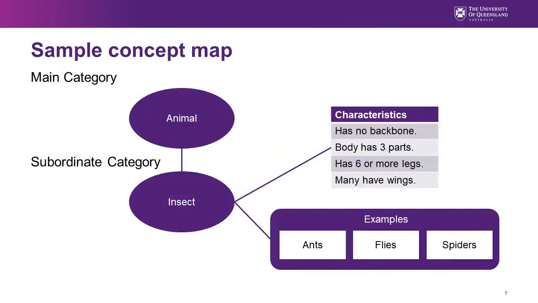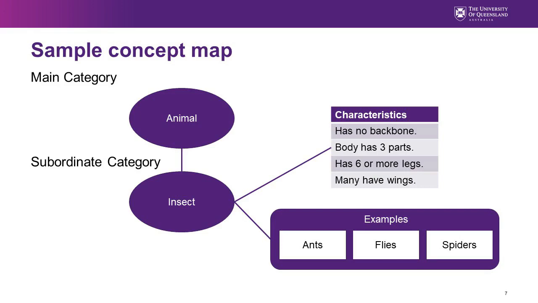Let me now visualize what I have just described about knowing a word in the following figure. In this figure, or we can call it a concept map, let's say you know the word animal, which is the main category. If you know what animal is, then you can think of an example of an animal, such as insect. And from this, you can think of different characteristics of an insect, such as it does not have a